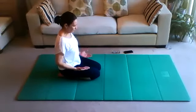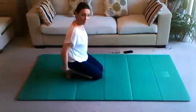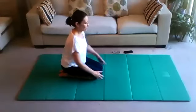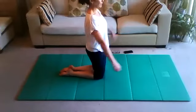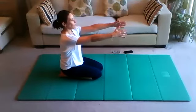So from this position, see if you can feel comfortable here. Okay, you can always tuck the toes under if it's more comfortable for you. You can place a cushion just in between your legs. Or you can be in this position if you have knee issues, just kneeling here. Okay, we're gonna have our arms in front of the shoulders, and we're gonna reach forward slightly,